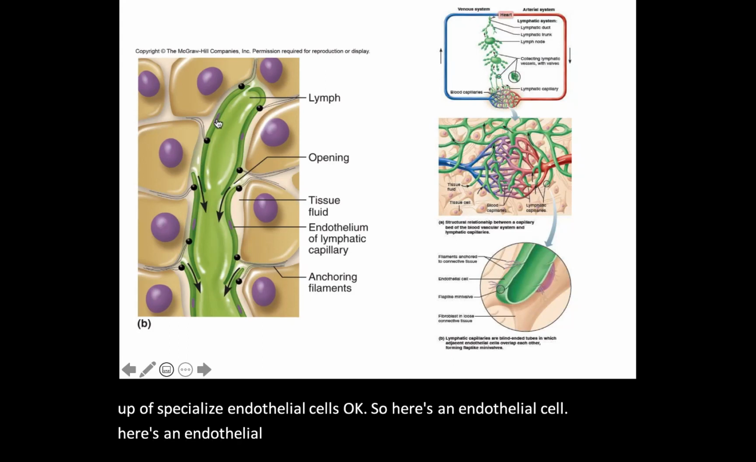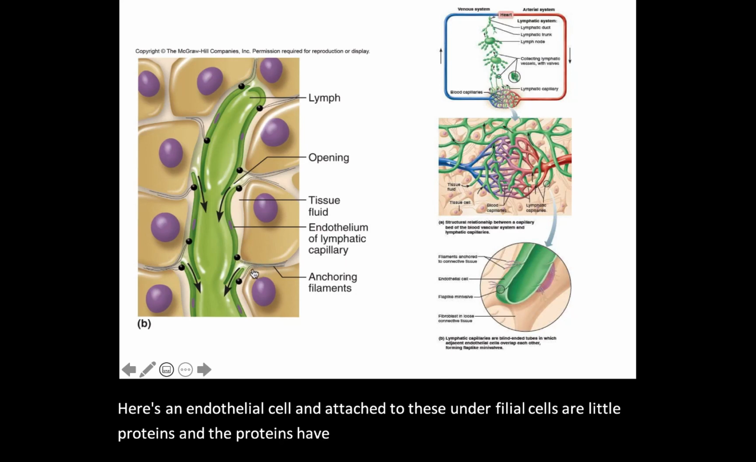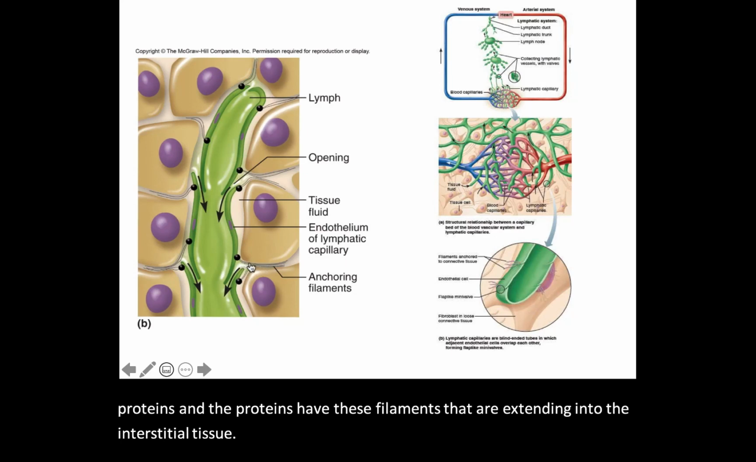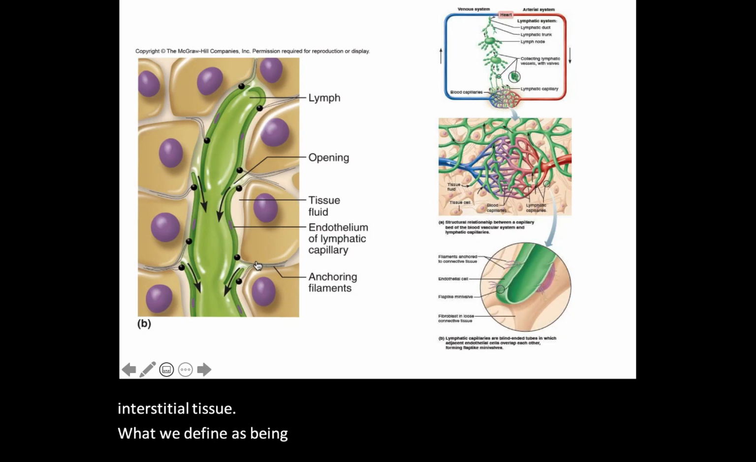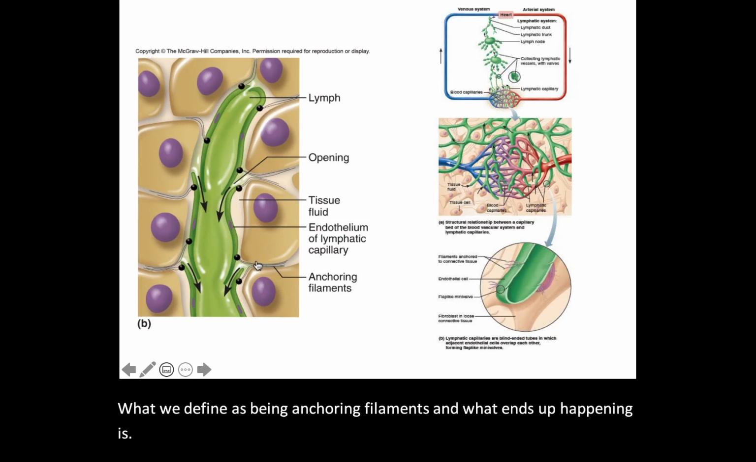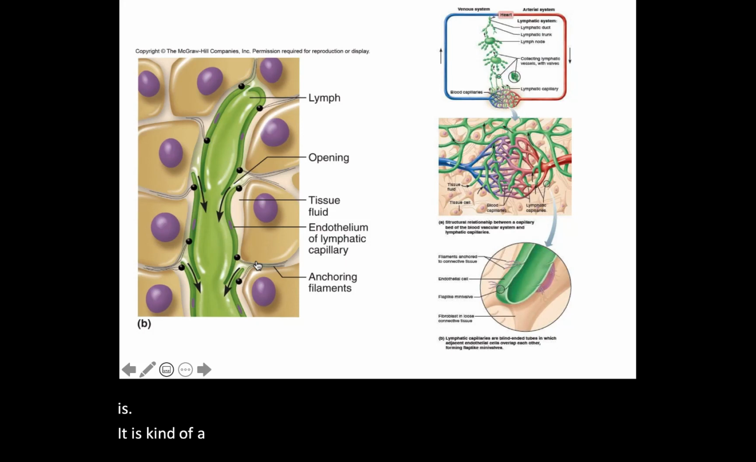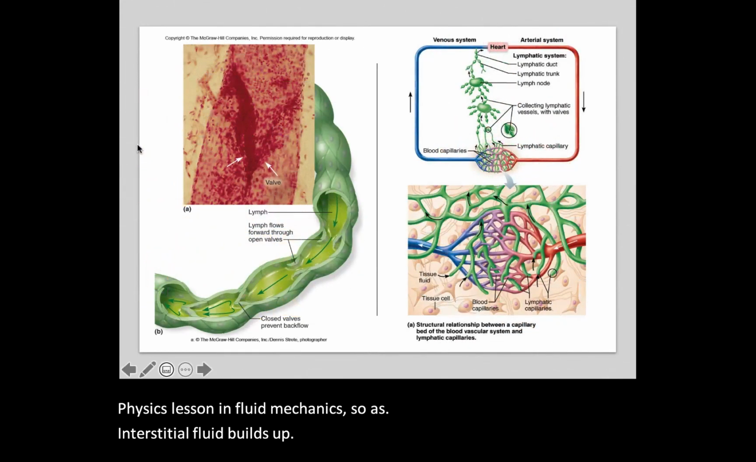Right? And attached to these endothelial cells are little proteins. And the proteins have these filaments that are extending into the interstitial tissue, what we define as being anchoring filaments. And what ends up happening is, this is kind of a very simplistic physics lesson in fluid mechanics. So as interstitial fluid builds up within the interstitium,